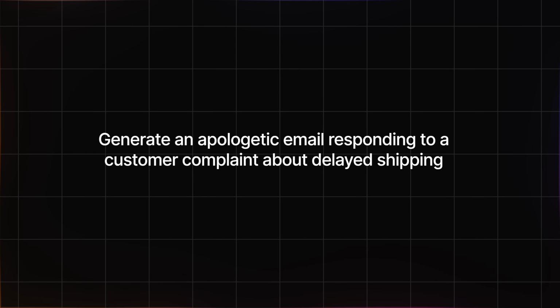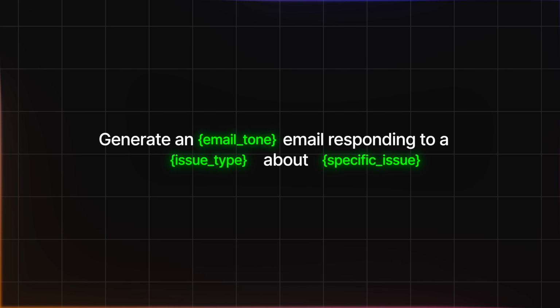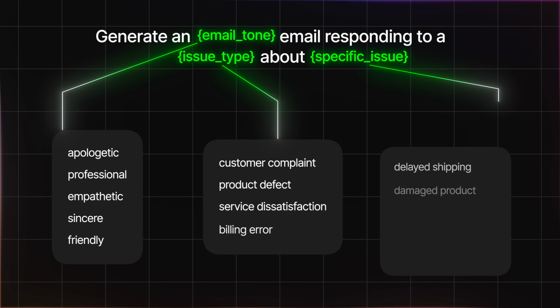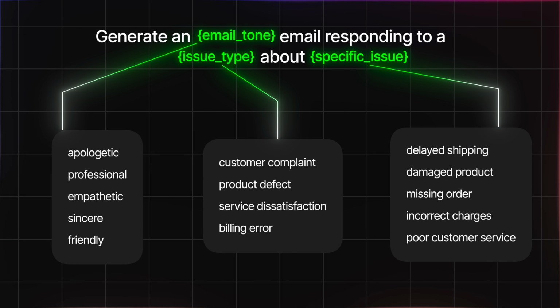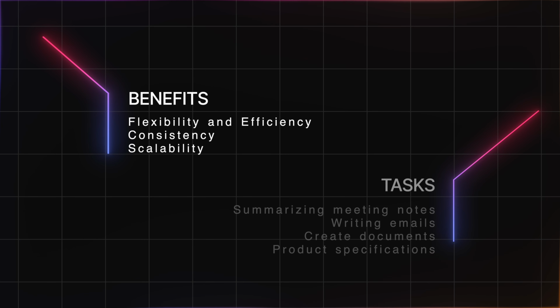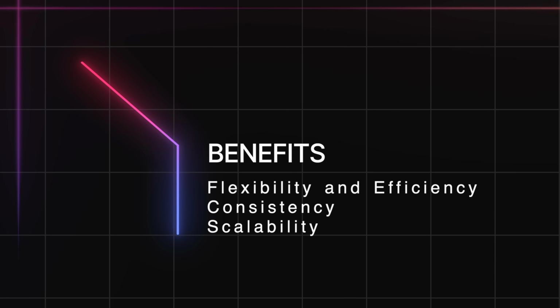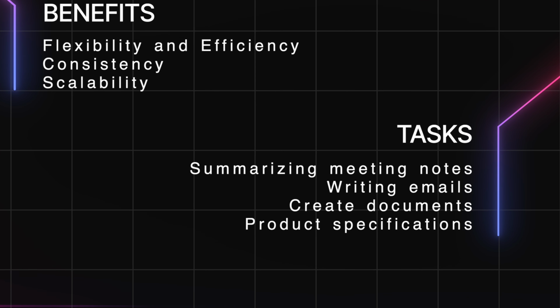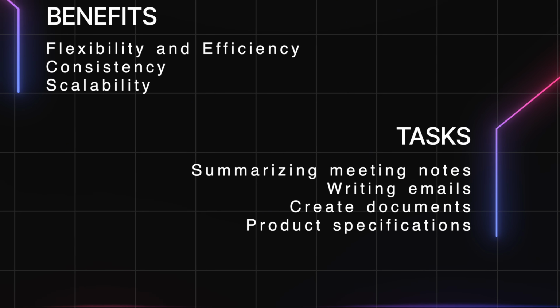Prompt templates are usable prompts that contain one or more variables. These variables allow you to customize the prompt for specific tasks without starting from scratch. So variables determine the context. Variables ensure a consistent structure for your prompt for recurring tasks, and it's easily extendable for large-scale projects. And you can use it for tasks like summarizing meeting notes, writing emails like marketing, customer support, creating documents, describing